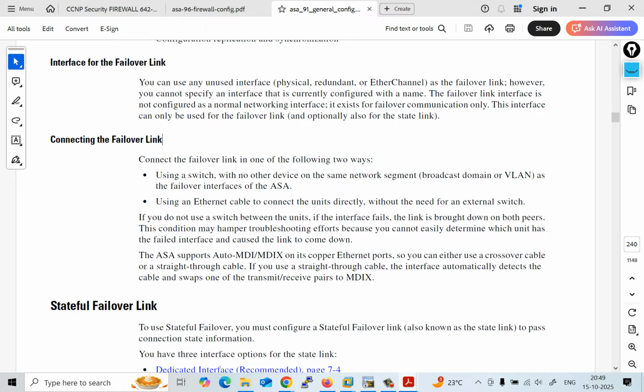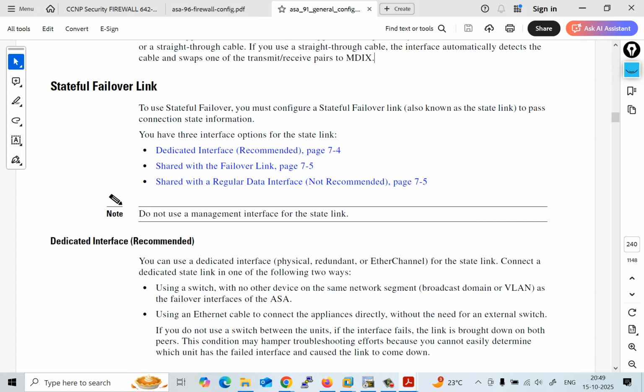Normally we are now using even fiber ports, just for the failover link, but you can even use the Ethernet cable. You have one auto protocol which helps to sync the cable, whether you have a straight cable or a crossover cable. Okay, doesn't matter. And after that we have the stateful failover link. That means to use a stateful failover link, you must configure a stateful failover link to pass the connection